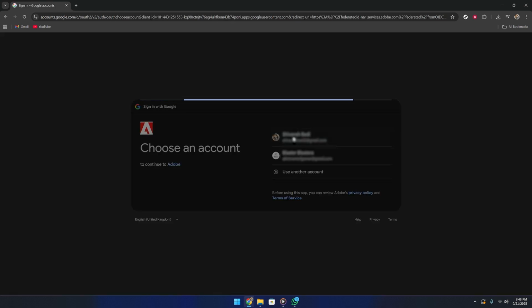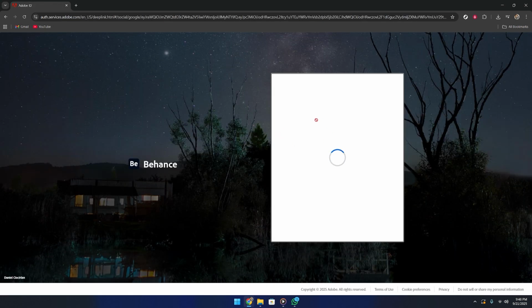Here, you'll be presented with a list of Google accounts you might have previously logged in with on this device. If your desired account is listed there, simply click on it to proceed. If it isn't, you are likely to see an option to Add Account, which you can use to enter your